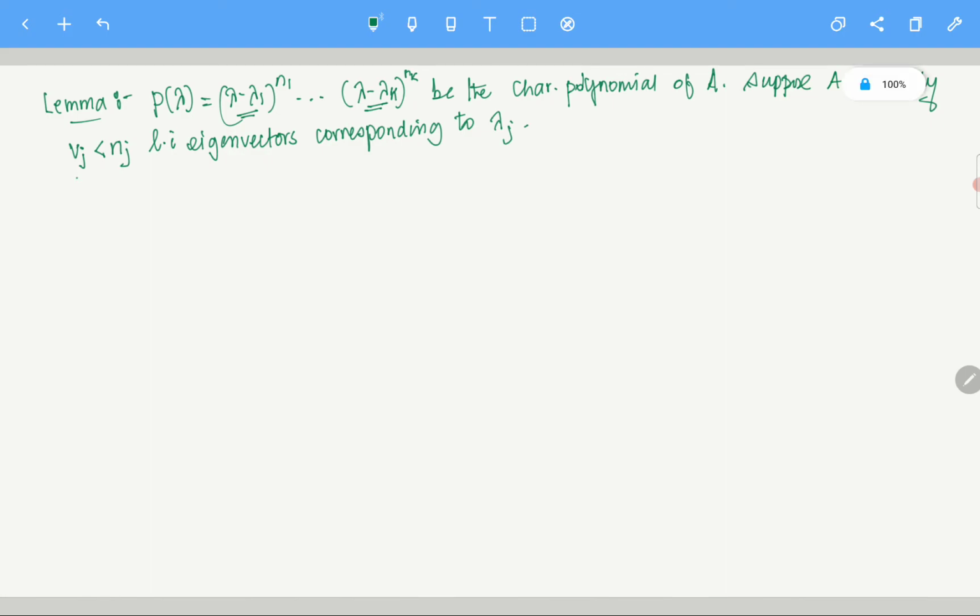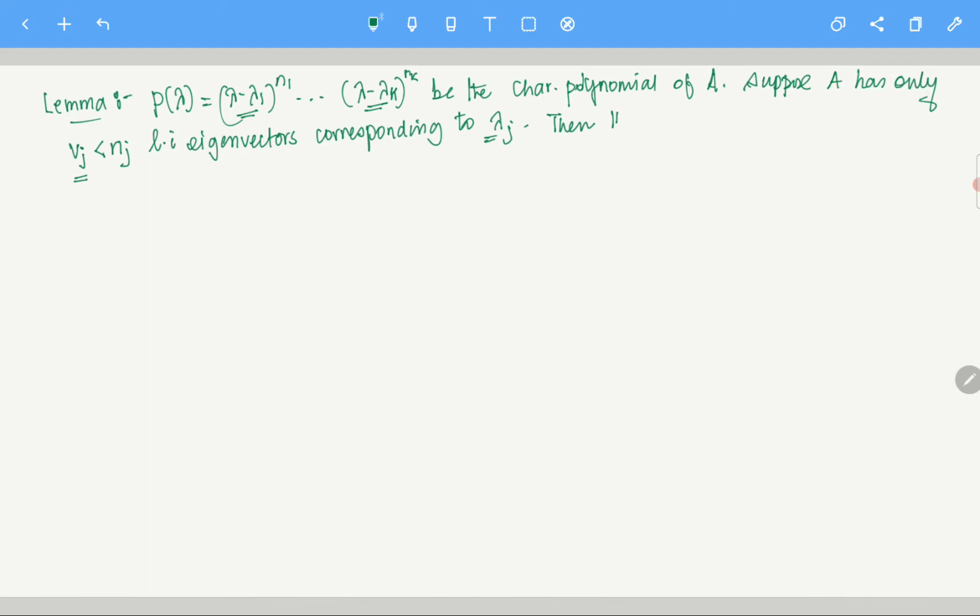But you are going to get, let's say, vj, which is less than nj, linearly independent eigenvectors. Do you understand? Corresponding to lambda j, vj is the number of linearly independent eigenvectors which you are going to get. Then